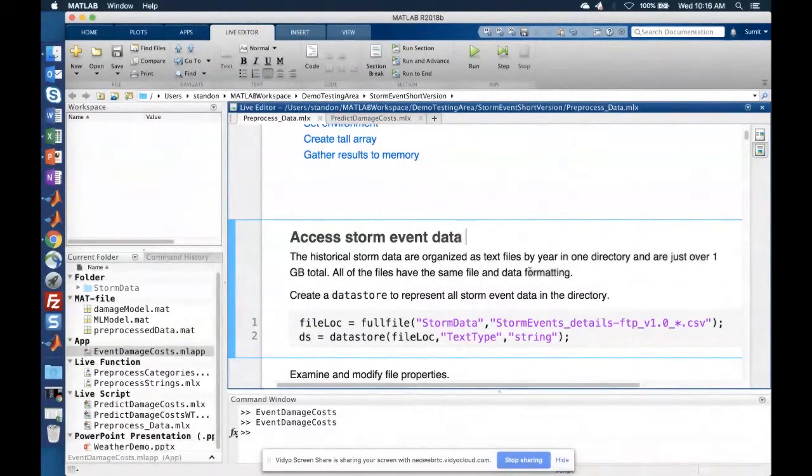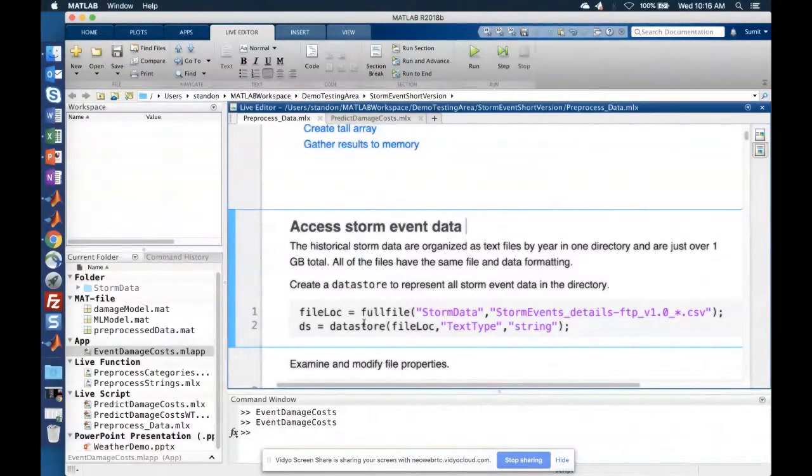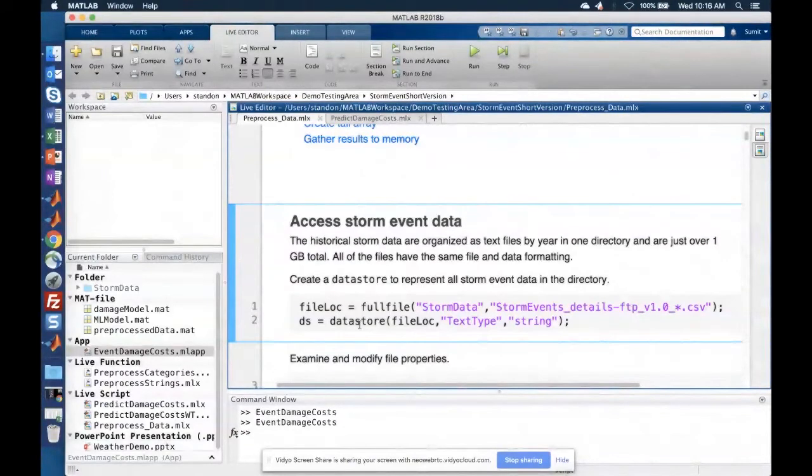But 1 GB is still large enough that I do not want to load the entire data set in memory at once. So I'd like to point out that we have a lot of new capabilities in MATLAB to work with large amounts of data, and one of them is datastore. Datastores, if you're not familiar, allow you to create a handle into the folder in which you have all your files, and as and when data is required for processing, the correct amount of data is loaded into the main memory from the disk directly.